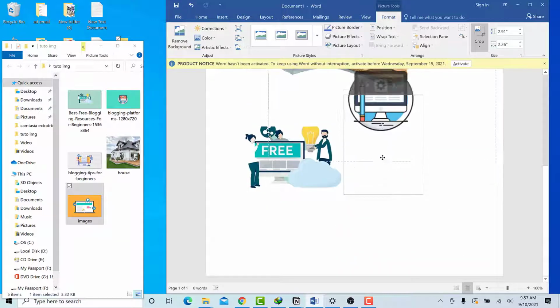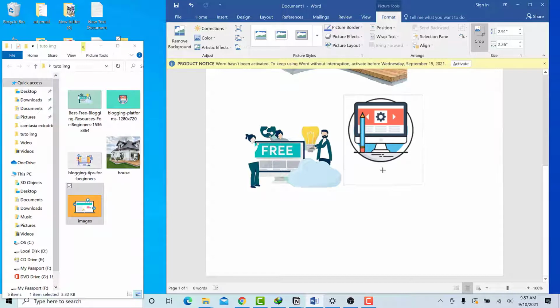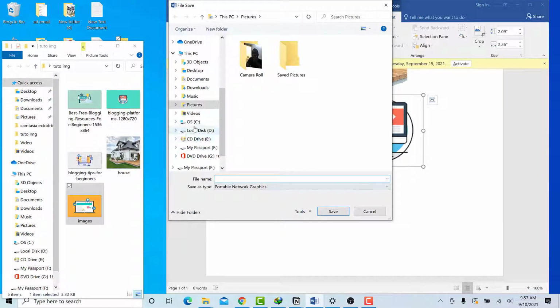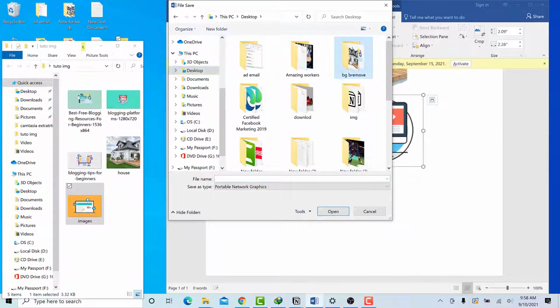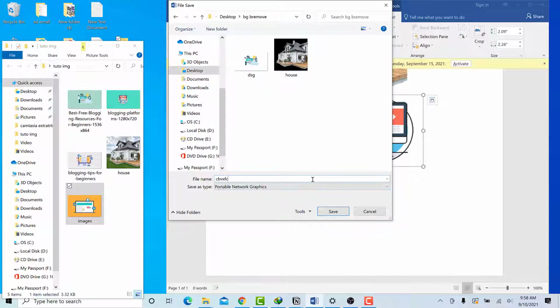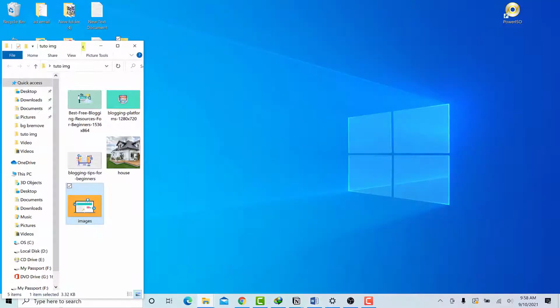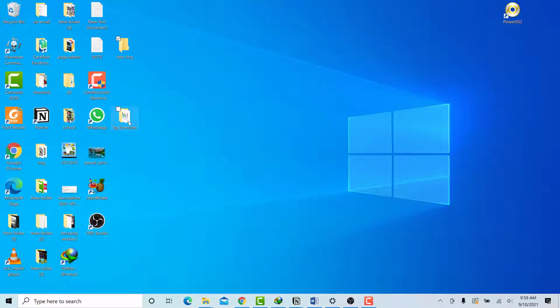When cropping is done, you just select save as picture in the required folder. You go to desktop, and I will just put a random name, and that's it. So it's the same with Excel, so you can just use the same method to insert your image.